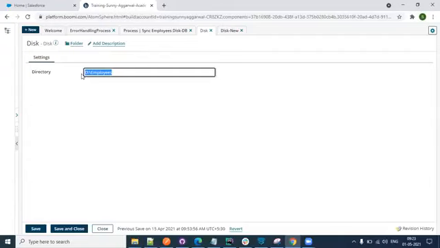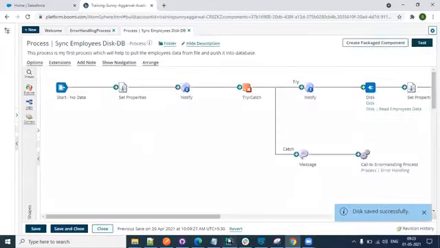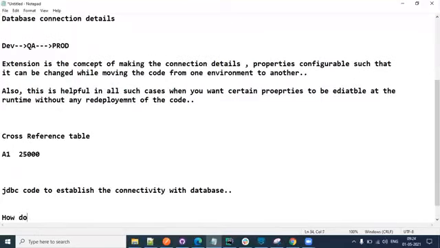This directory might change from one environment to another. And even when you work in real time projects, you will see this directory might be empty like this. They will deliberately leave it empty. Even this is a question in the interview, sometimes it is asked, how do you make sure